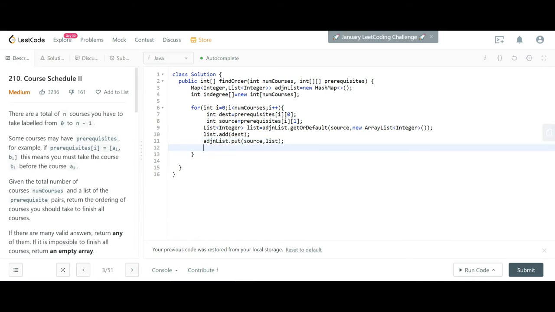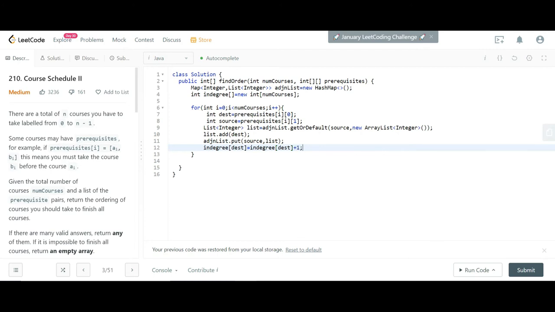One more thing to do here is, along with this, we have to increase the value of in-degree also. So the in-degree of the destination will be in-degree of destination plus 1.